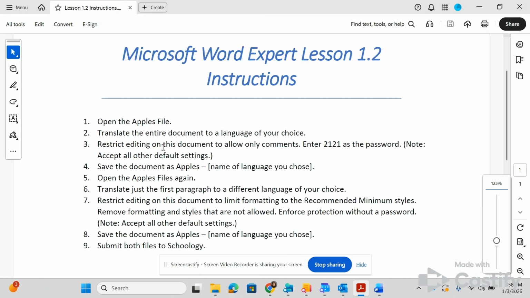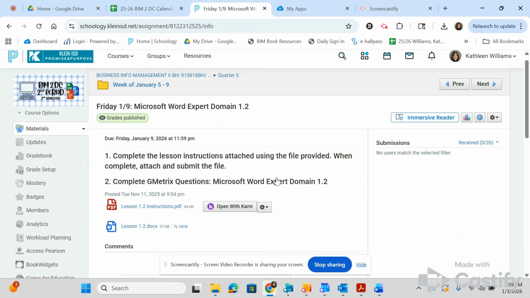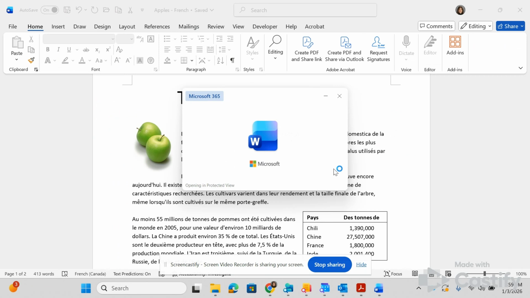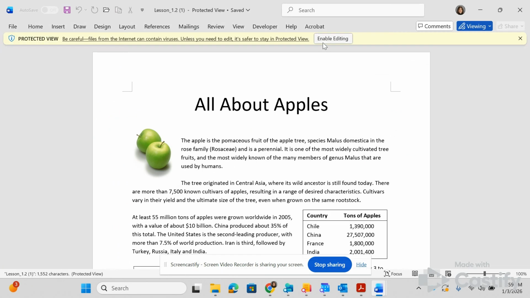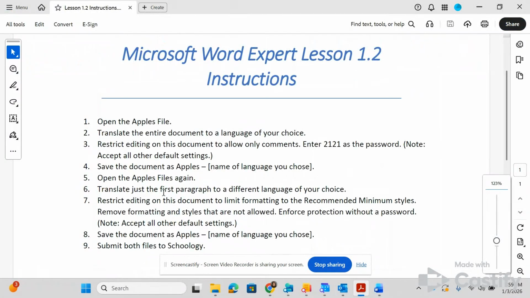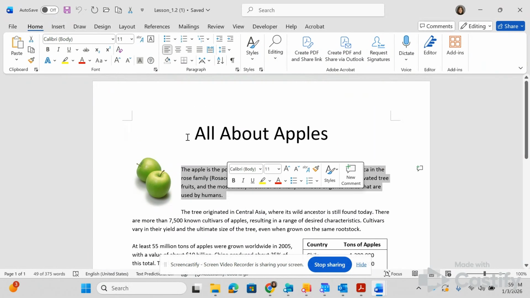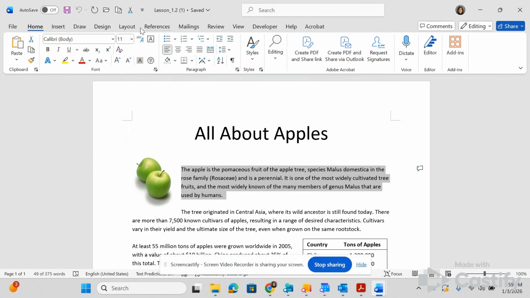Okay, next is we are going to open the file again. So whether you're in Schoology, if you go download that document again, okay, open up that original file. You may already have that original one open. And then we are going to translate just the first paragraph to a language of your choice. So this first paragraph right here, you're going to go ahead and select that, because if you remember when we did